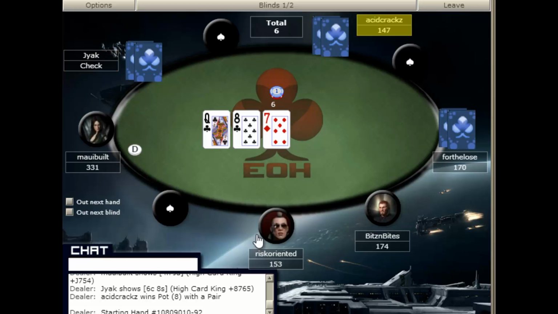If I've got a hand like 4-5 suited and we're deep stacked, I might just raise 2 times the big blind, just a mid-raise, as a little pot sweetener. The important thing to note is that other players in the hand, where they're positioned, can help you determine whether or not you're going to play a hand and how much you're going to raise.